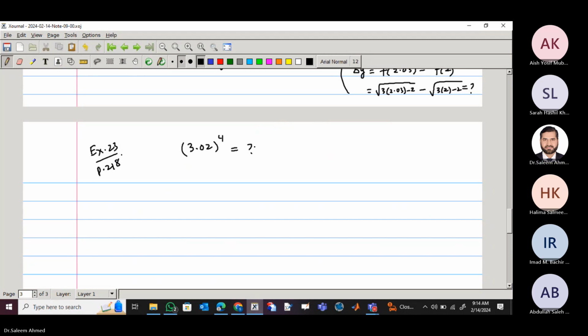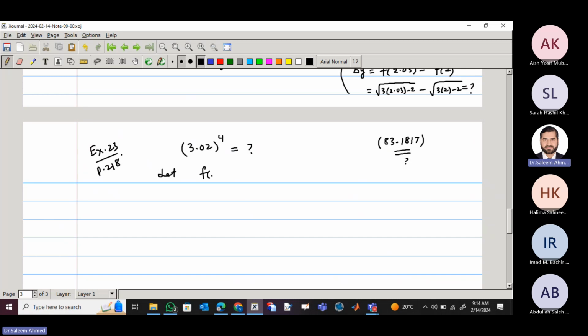The calculator gives 3.02 to the power 4, so from the calculator the answer is 83.1817 almost. Let's see how close we get using the local linear approximation. First of all, he did not give me any function, nothing. So what I can do is